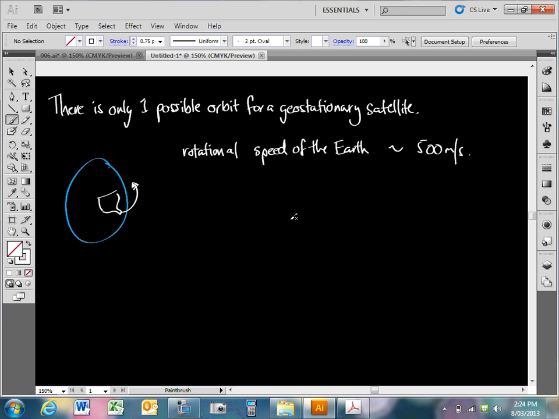So what are we doing with the Earth at the moment? We're moving at 500 meters a second as it turns, and we know that it rotates in a west to east direction. So which way is east? It's behind us, isn't it? About that direction. So we're rotating in that direction at about 500 meters per second relative to outer space. And the Earth underneath us stops. What do we do? We keep going at the same speed, don't we? So the Earth stops, we keep going at the same speed.